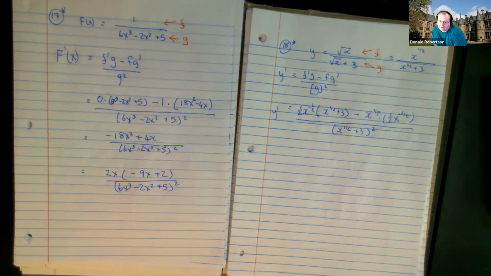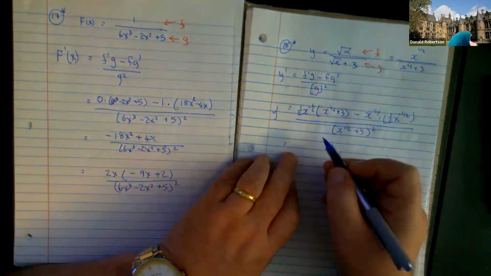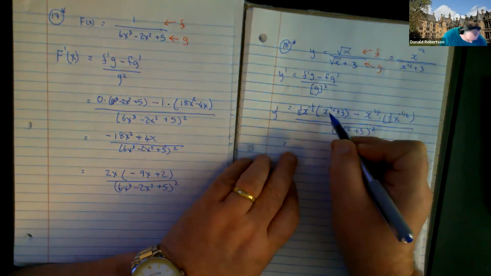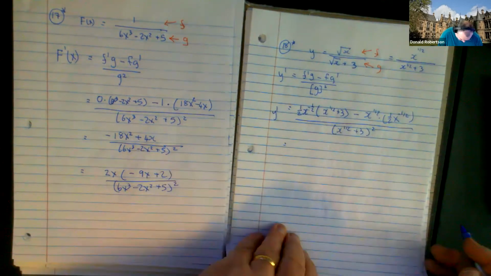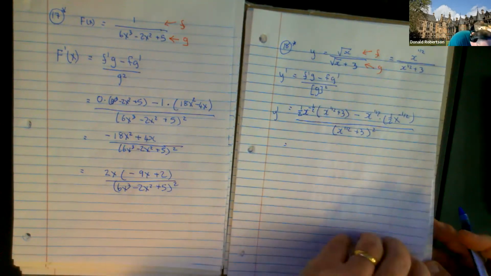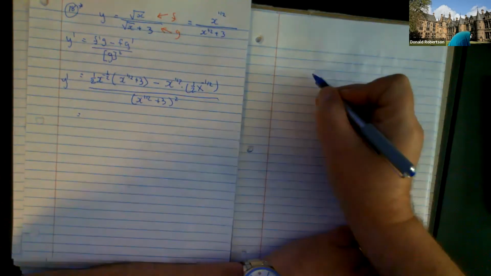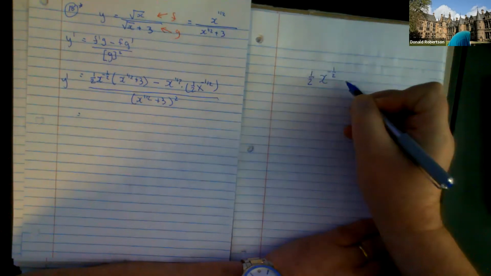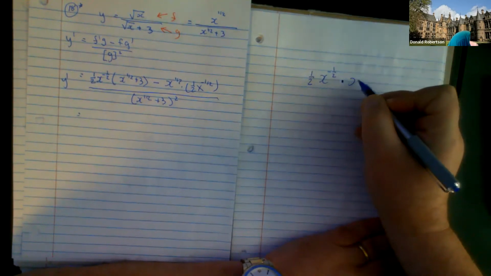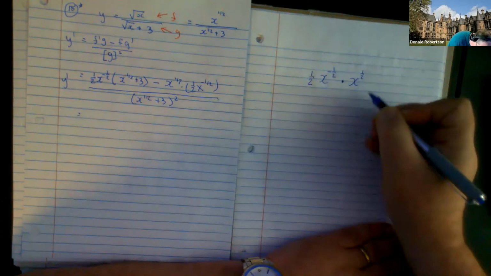So now we have to make it look prettier. First thing I'm going to do is distribute. So I'm going to do that guy times that guy. I'll do this at the side. Something quite strange happens. If you take 1/2 x to the negative 1/2 and you multiply it by x to the positive 1/2,